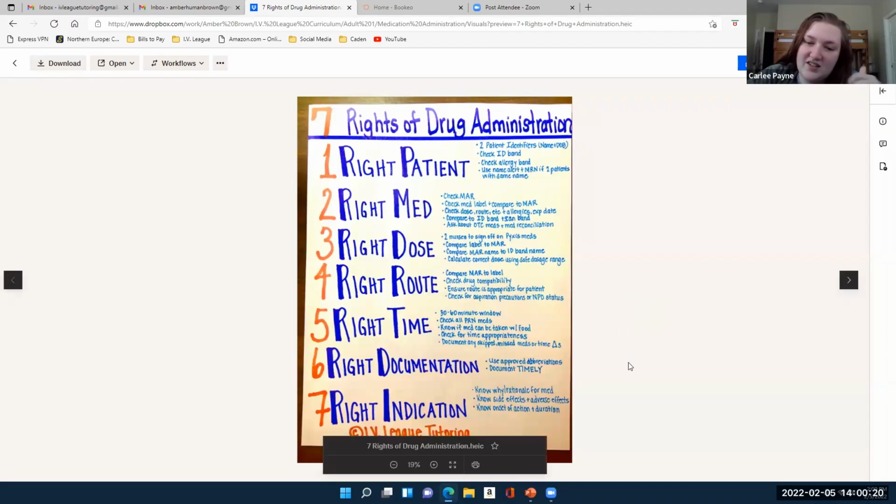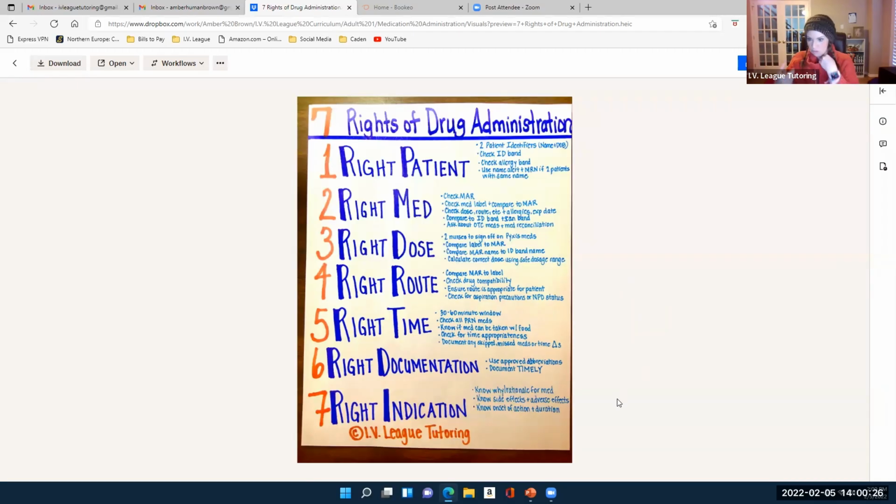All right. Number 2 is the right med. So you have to make sure you check the MAR. Then you're going to check your med label. You check the med label and compare it to the MAR. That's your first check, basically. You check the dose, the route, all of that, expiration date, all of those things need to be checked and double checked. Then you're going to compare the label to the ID band, and you should scan the band